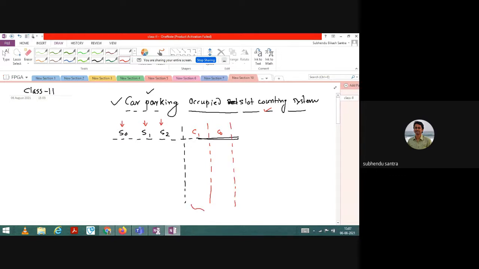So this is related to the allotment, and this is related to the number of systems. 2 to the power 3 is how much? 8. So that you can allot. If you are thinking you want to allot more than 8, you need to increase the number of allotment area, or number of entering basically. So S0, S1, S2, and S3 you can take S4. So this is not restricted. For this example, I am taking 3.